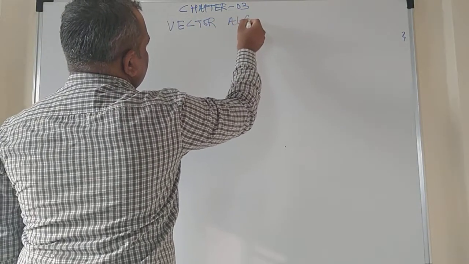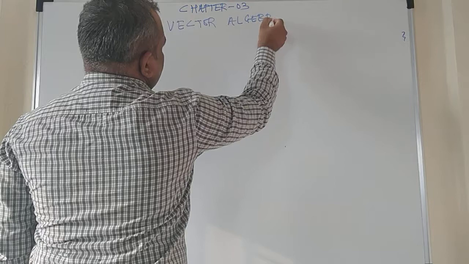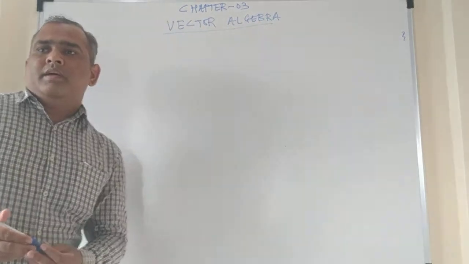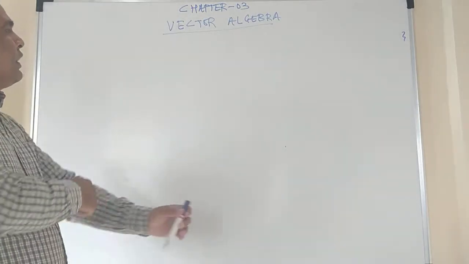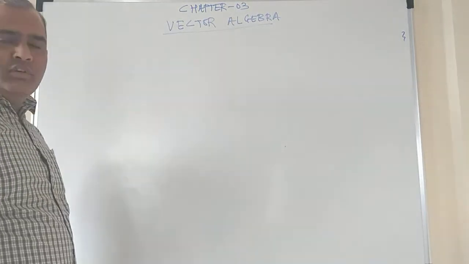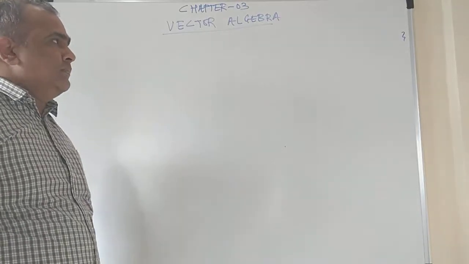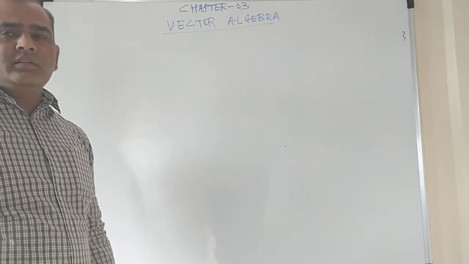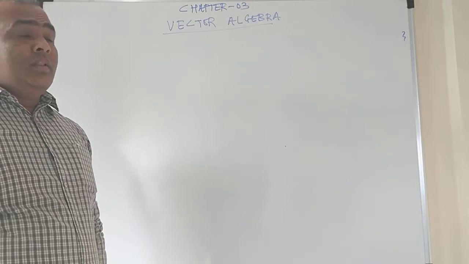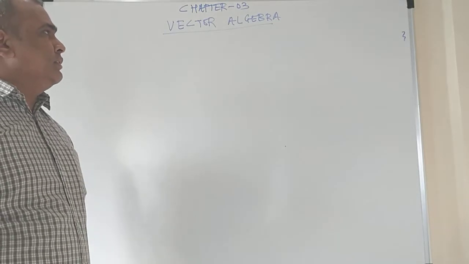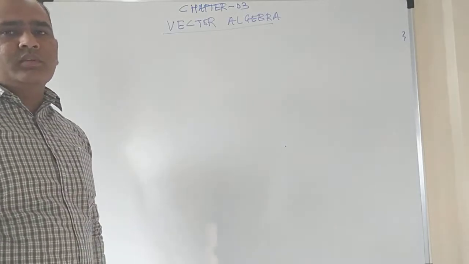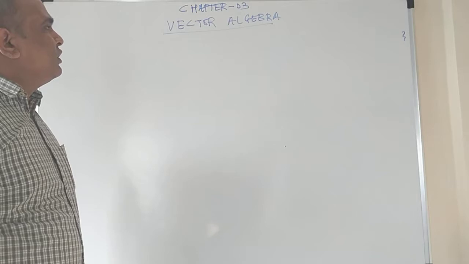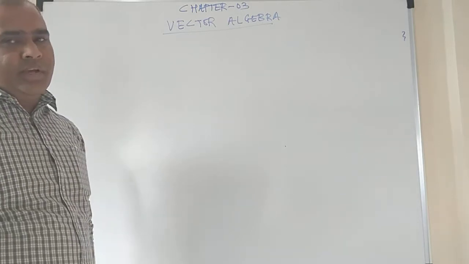Vector algebra, and next one is vector analysis. Right? So, what is meant by vector? What are the types of vectors that we are going to study? Vector product and scalar product, that is dot product and cross product. What are its properties and what is the physical significance of dot product and cross product? So these are the facts that we have to study here. Along with that, we are also going to study various types of the vectors.